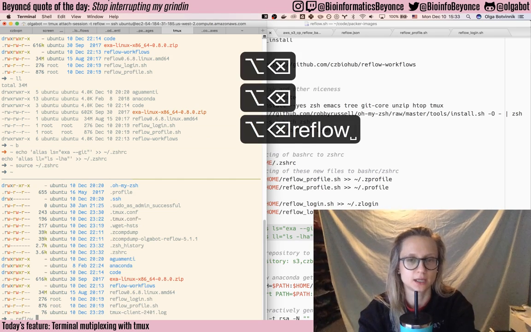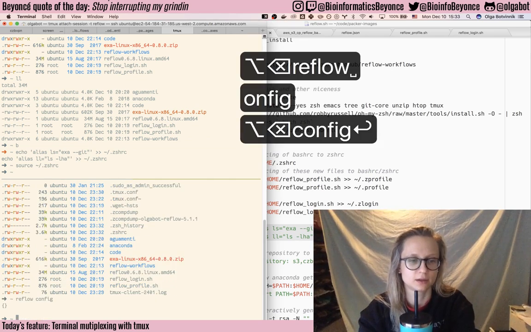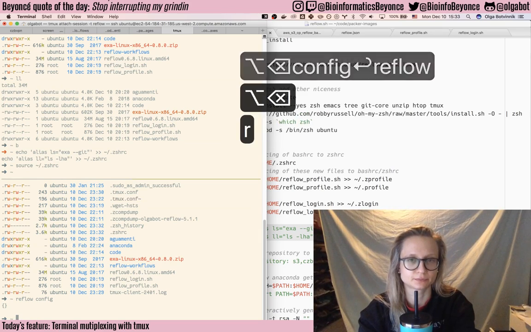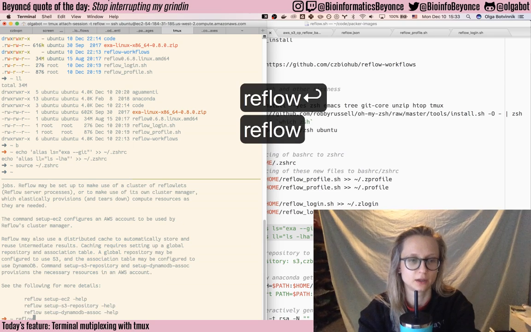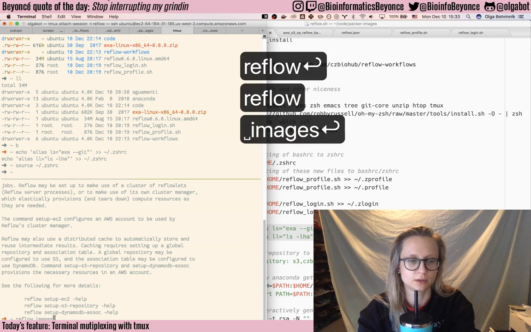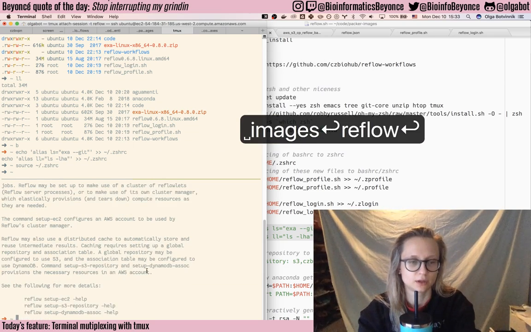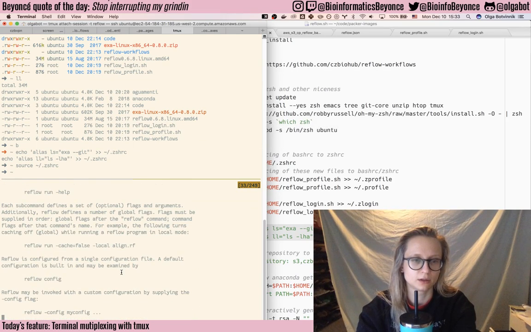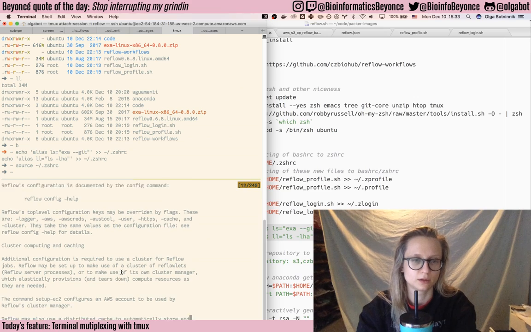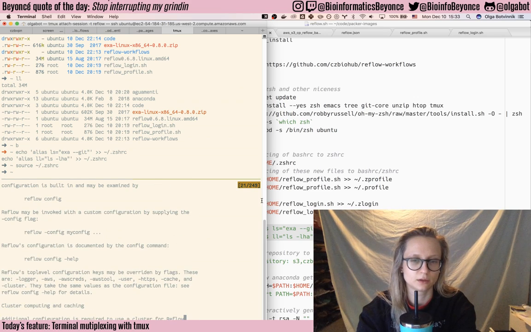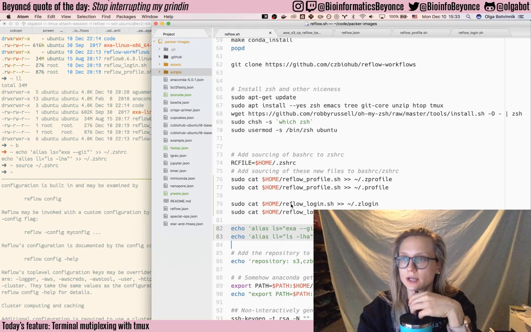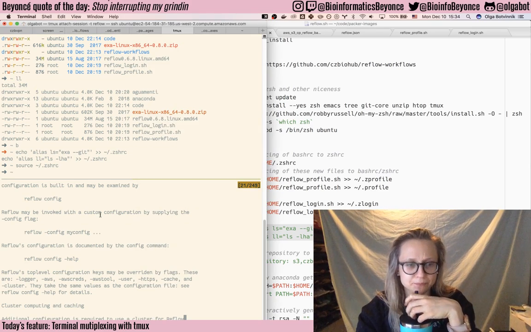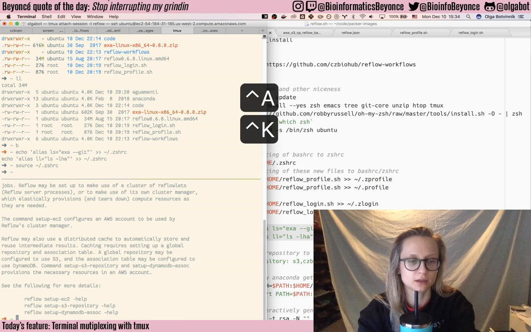Reflow, config. Yeah, I have no configuration. Images. Nice. I'm gonna check. This has like not been configured. Okay. Okay. I think